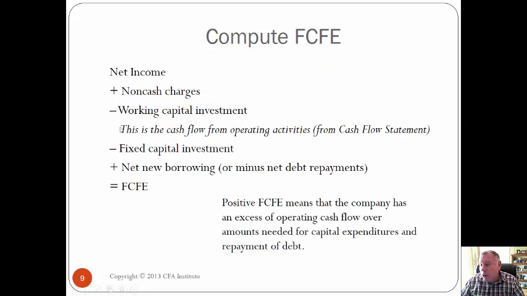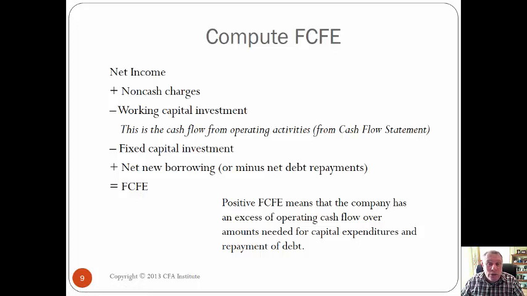In this case, we go through the same thing. We start with the cash flow from operating activities. Now, this time we don't adjust for the interest because we are looking for what's available to the common shareholder after. So we don't make that adjustment. We subtract out fixed capital investment, and then we add in new borrowing, or minus the net debt payments if it's negative. And that gives us the free cash flow